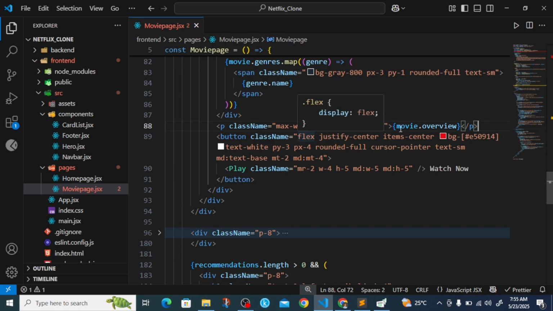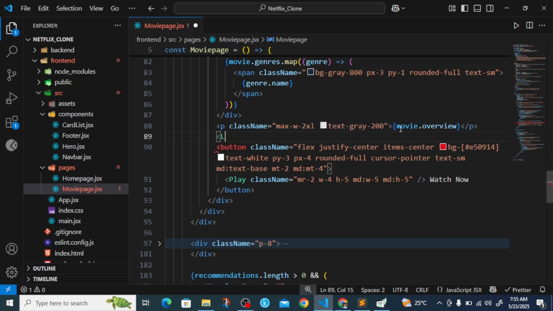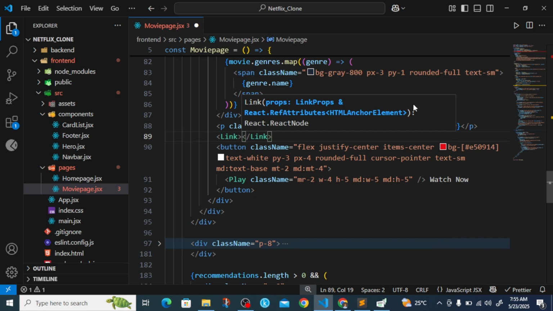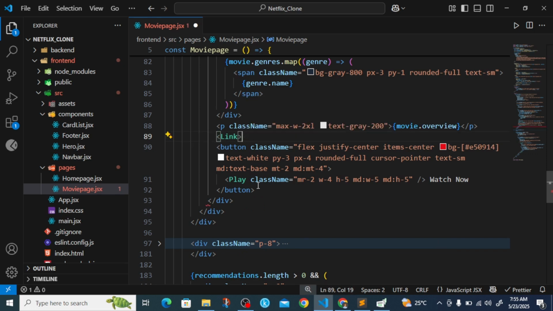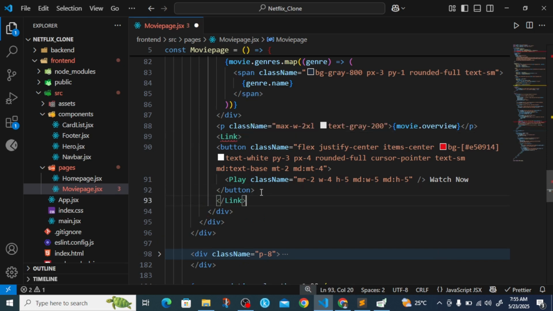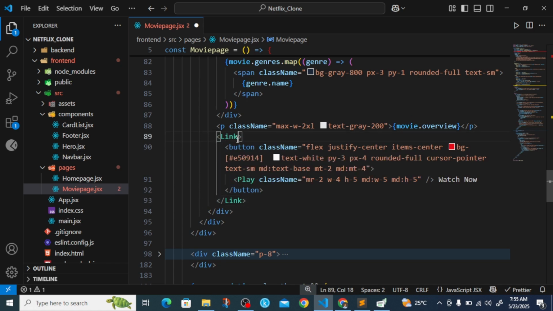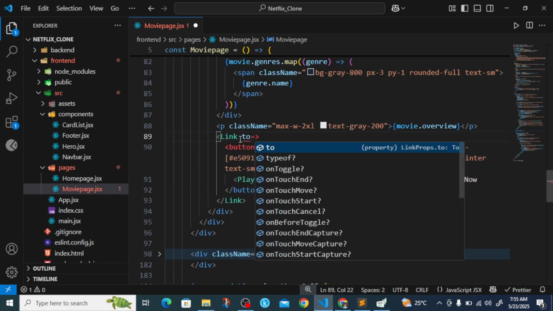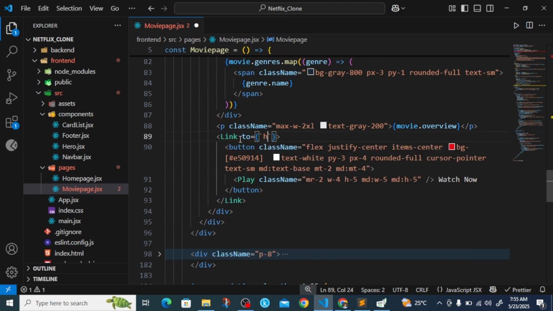we're going to come here, wrap this button in React router link component, wrap it, and then you are going to come here and say to a template literal https://www.youtube.com/watch?v= and this is where we're going to pass in our trailer key, so trailer